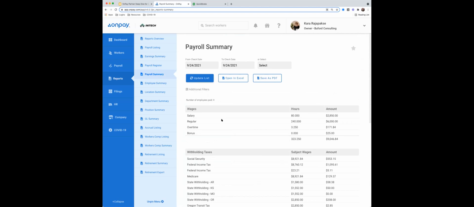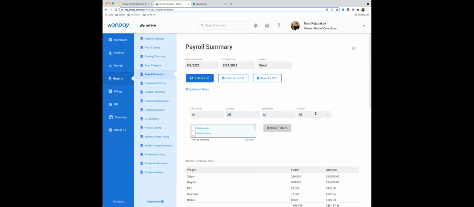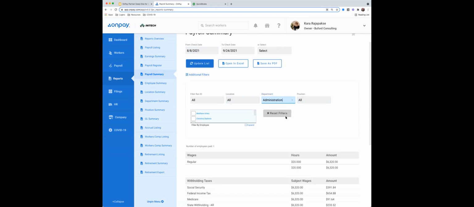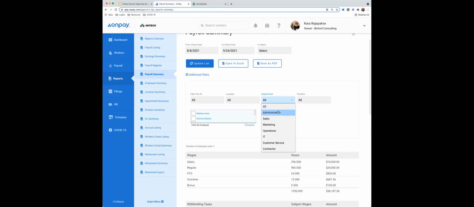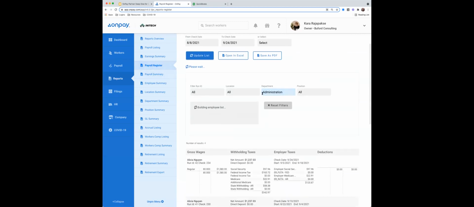And what I like about this report too is I'm still able to customize to an extent. I can choose a very particular date range, which comes in handy, especially for workers' comp reporting, because they've always got wacky policy periods. And those fields that we saw earlier, location, department, position, if I need to, I can filter by that, and immediately that filter is going to apply itself to the report below. Now I'm going to reset this, or actually, let me show you really quickly. This does kind of stick with me between reports. So you'll notice that filter remains intact.